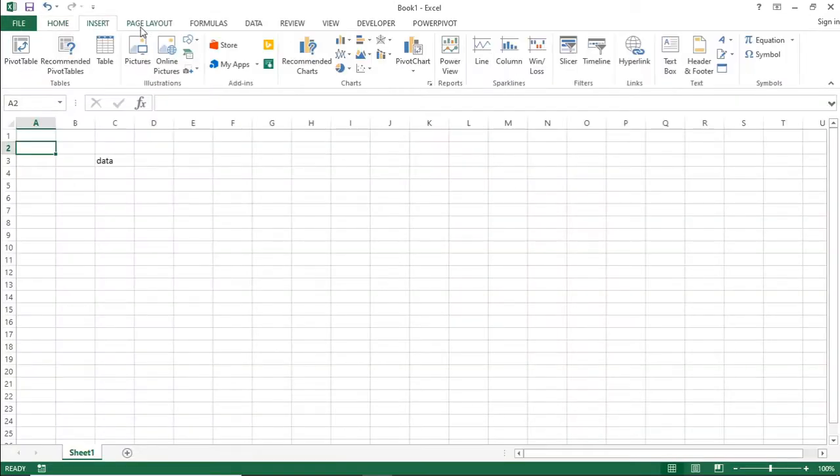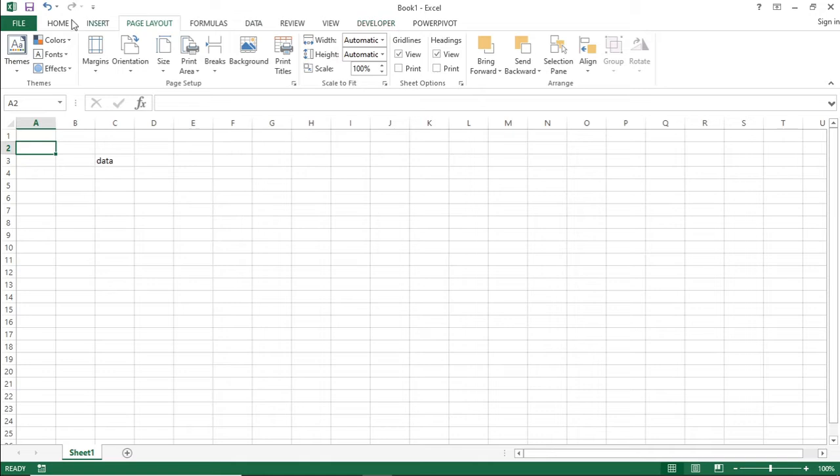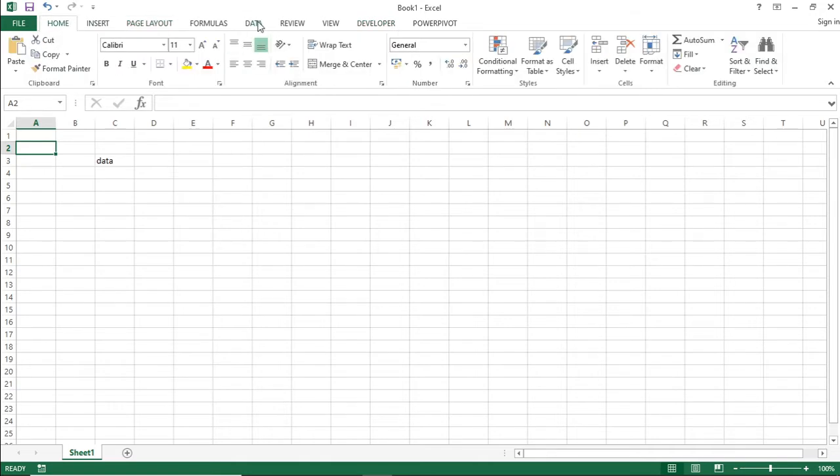So, there are tabs as we discussed: home, insert, formula, data. This is the command ribbon. You can see the name box and formula bar. We will discuss in detail about these options. Coming to this is column header or column name, row number. Column name will be A, B, C, D, E, F. Row number will be in the form of numbers.